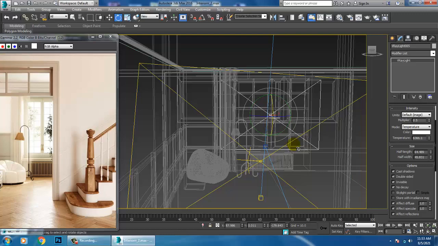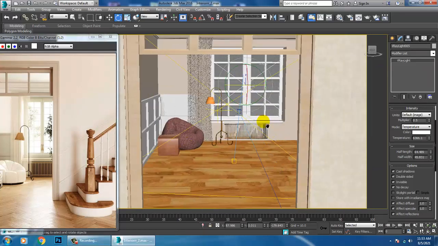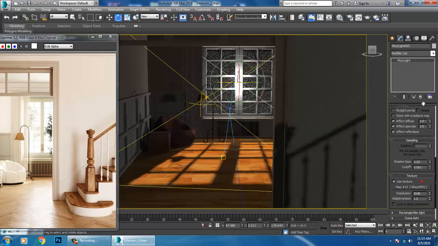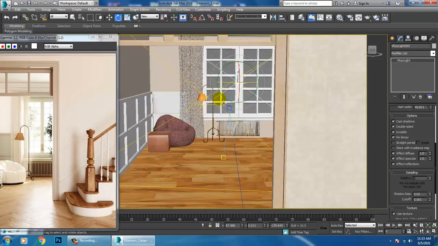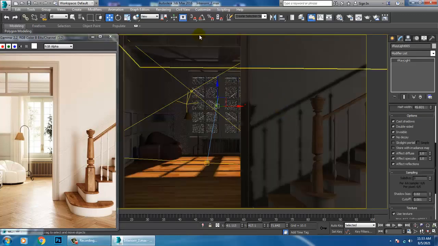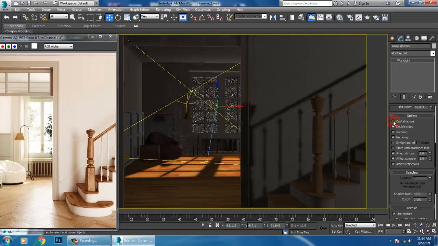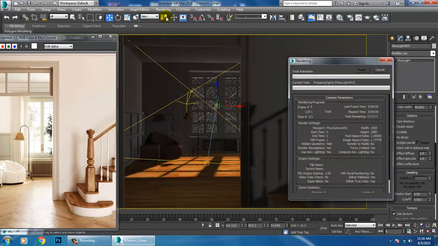Just trying it. You don't need a cast shadow for this. Let's render and see.